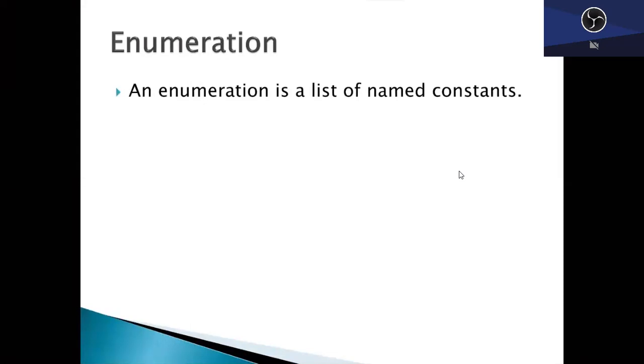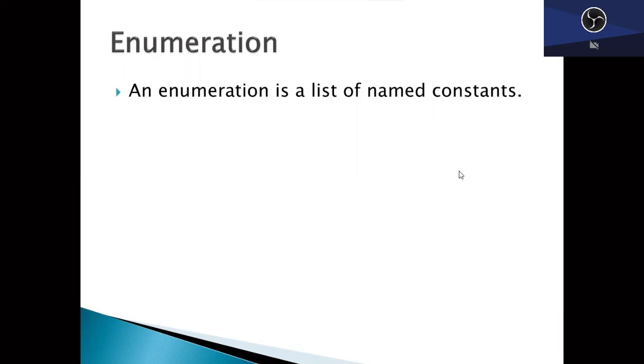An enumeration in simple terms is just a list of named constants. So let's say you have to use a number of constants in your program. You make a list of these together and you put them together in the form of an enumeration. Say, if I want to represent sizes of some dress, then I may put constants like small, large, medium. These three constants, small, large, and medium, I can put together in an enumeration called size, and I can use it whenever I want to use these three constants. So this is related to size.